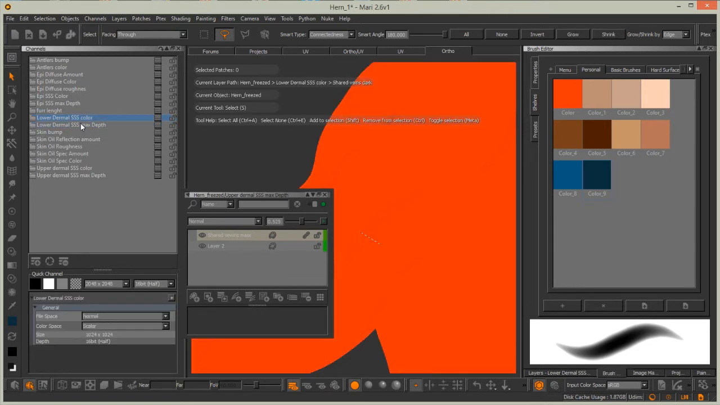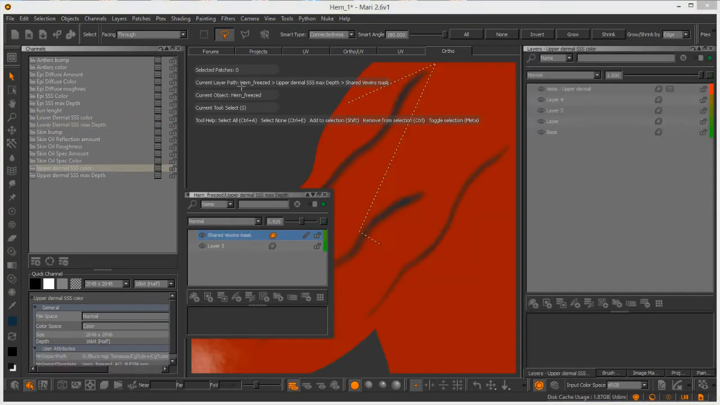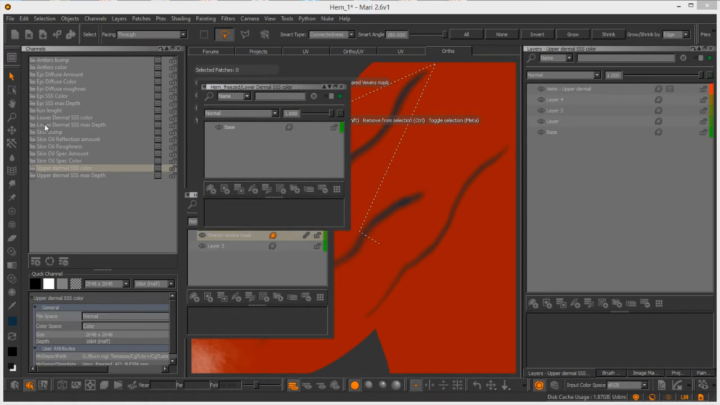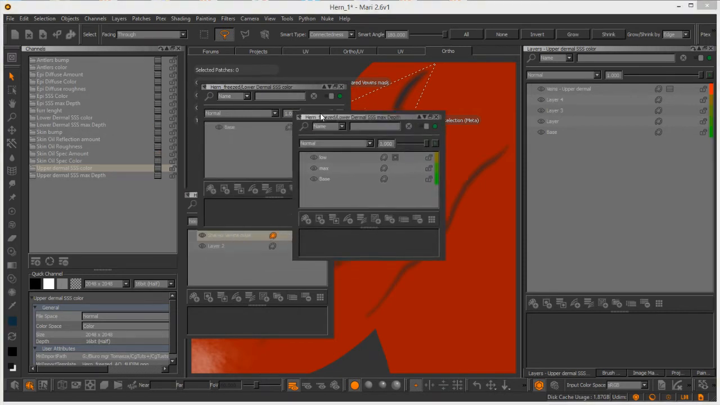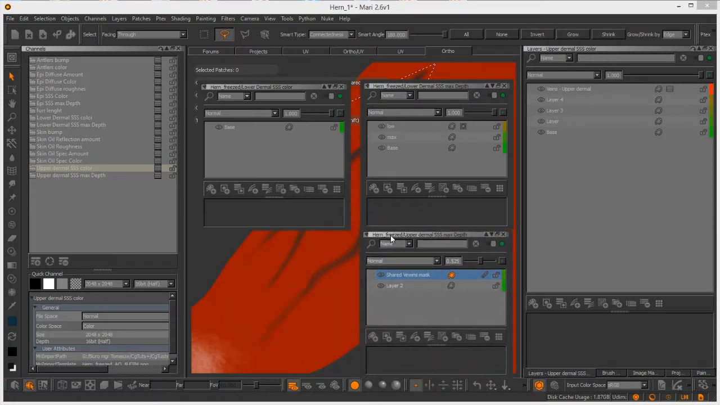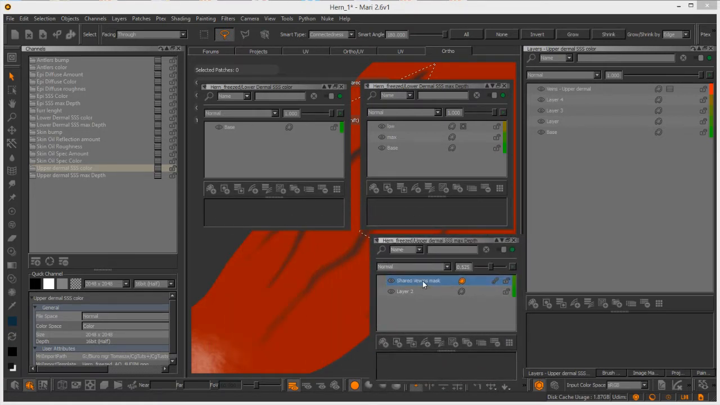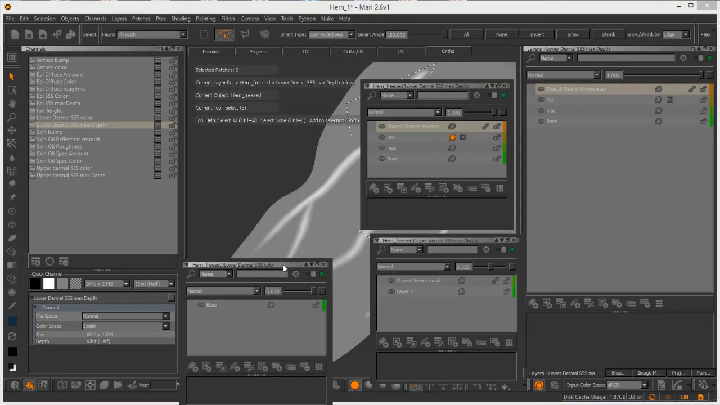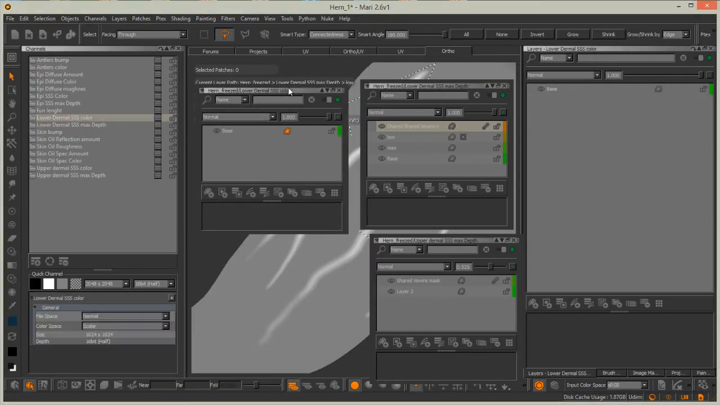So now we can do it for the lower dermal subsurface color, and we can also cache this layer. So we are on the subsurface max, share layer, and throw it over there. Okay. And also we are on lower dermal subsurface color, and we should just go for the